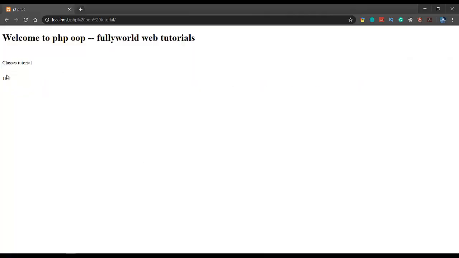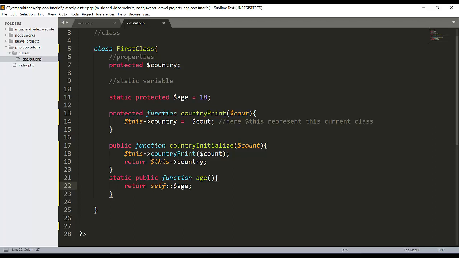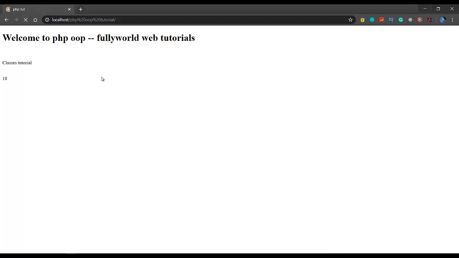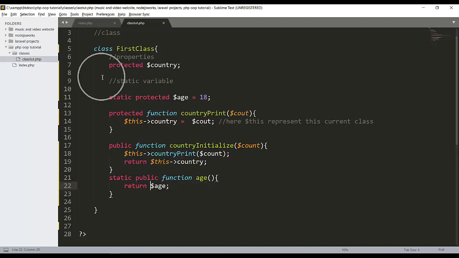See that we are getting an error. So there are two methods here. Either you can write simply return self::$age here, or you can do it in a static function here. See that $age is also giving the error. So there is a method self. Self means itself, it is returning the value here.